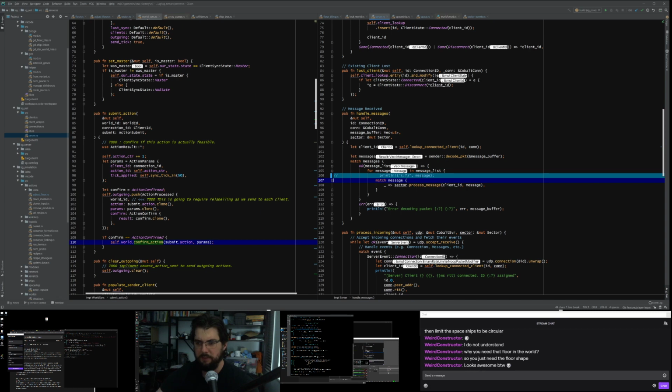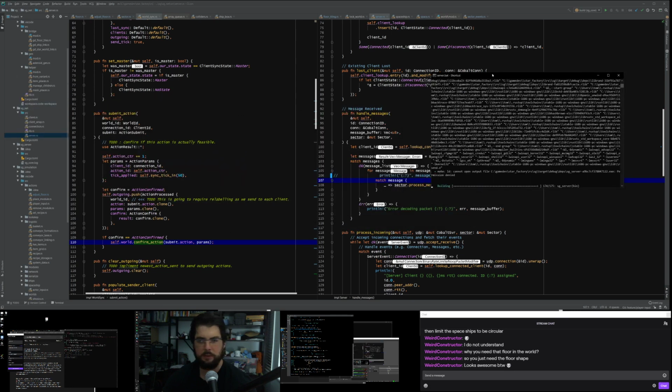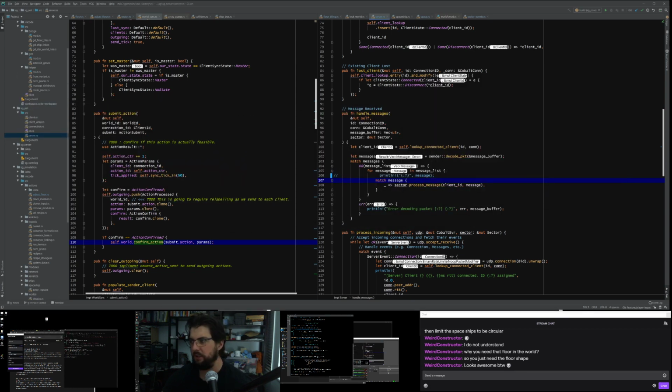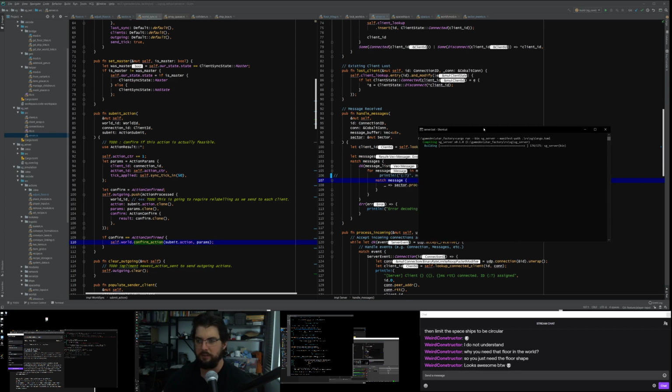You're printing out every message we receive. So if we run the server again, the disadvantage is how chatty it was before was kind of useful. I might want to limit it to everything apart from the player input message or something, because it's nice to be able to see placing modules and stuff.